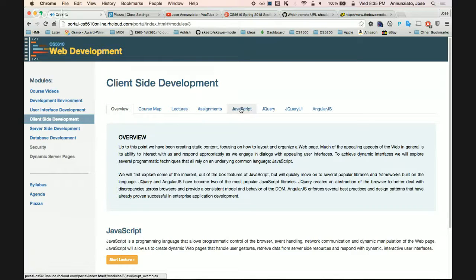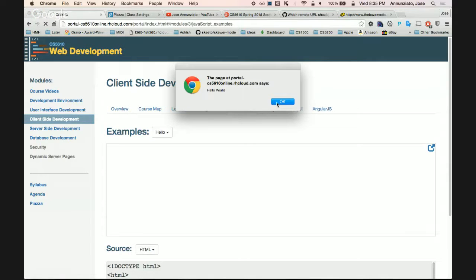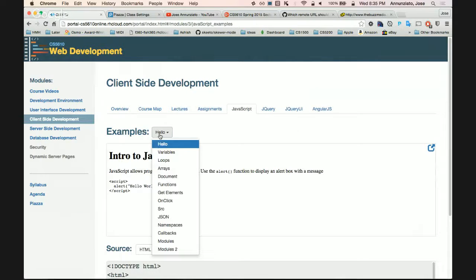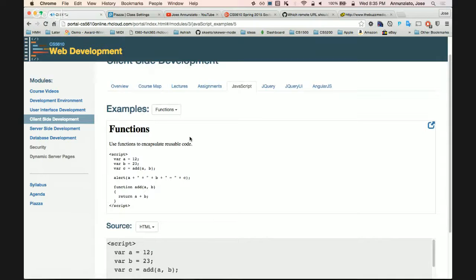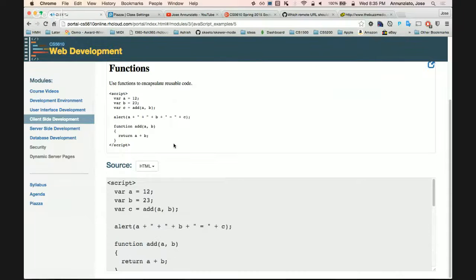Beyond the assignments, some of them have additional tabs with examples. There's lots of examples you can look at. Each one has some blurb, some HTML, and then source code that you can look at. There are several files for each example. Some of them have HTML, CSS, JavaScript, some Node.js, some database stuff. So you can look at different content for that particular example.